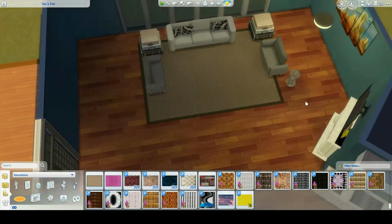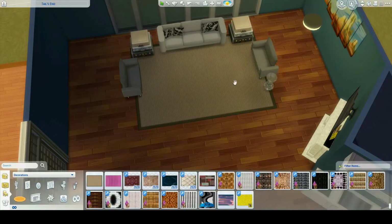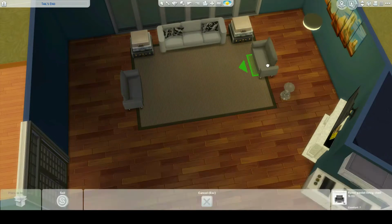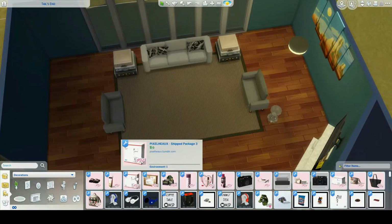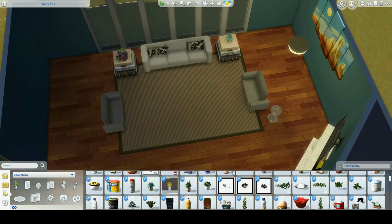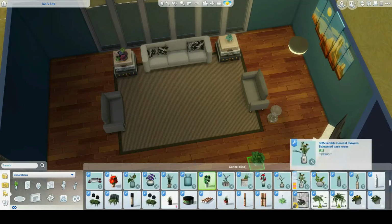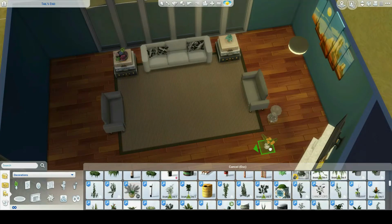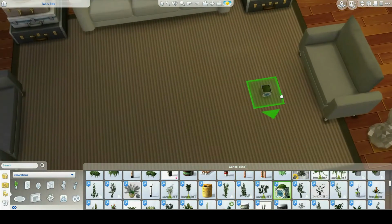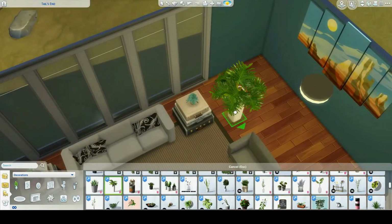Then I couldn't stand when I did finally get rid of the pets, the flies that would still be there, or the strays that would constantly come walking up on my lot. It absolutely annoyed me. So that, coupled with the fact that I did not care, I still do not care for witches and magic and vampires and all the lot, I tend to not play those expansions when they come out. I do end up getting them so that I have as complete a collection as possible, but I don't play those specific